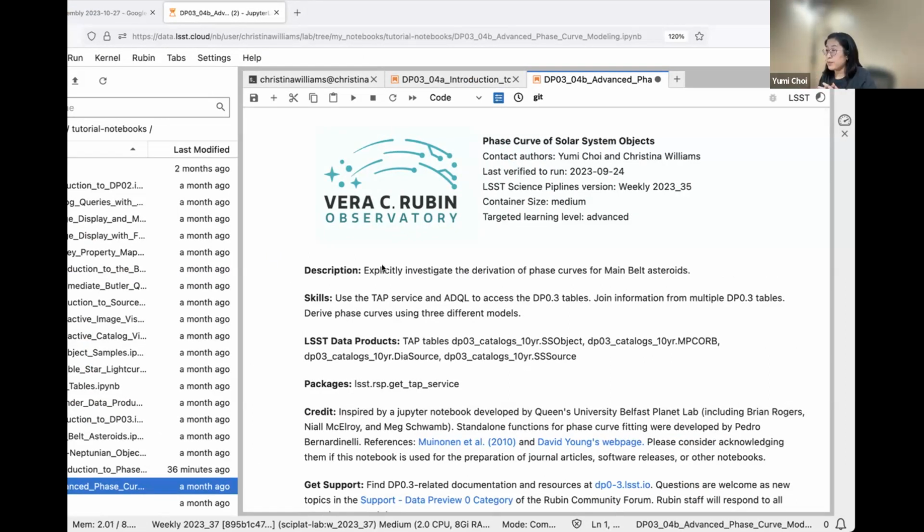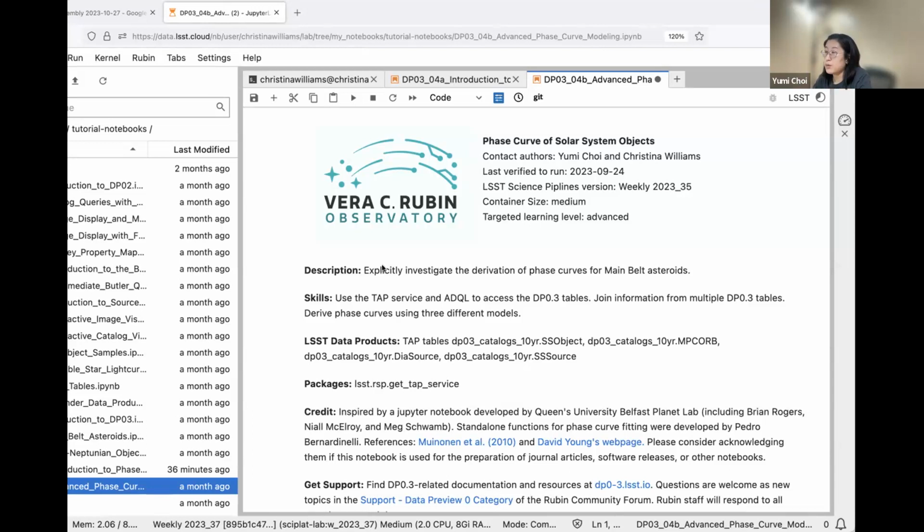So this notebook B is particularly targeting more advanced users who are interested in delving into the phase curve fitting in more detail.